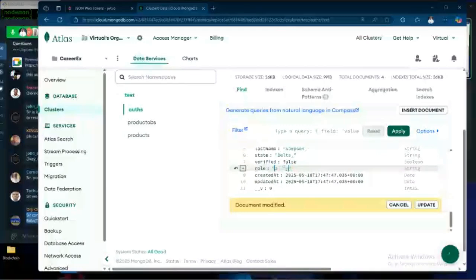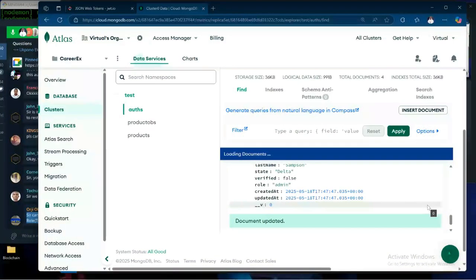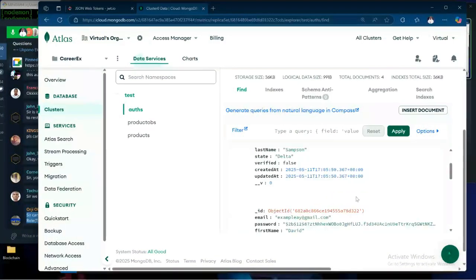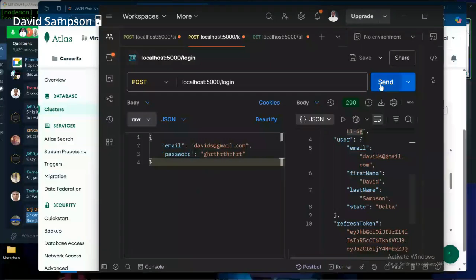So let me change this to admin and then update that. So if I update that, I can come back here now and log in again. Oh, we're not going to see the user because we're not